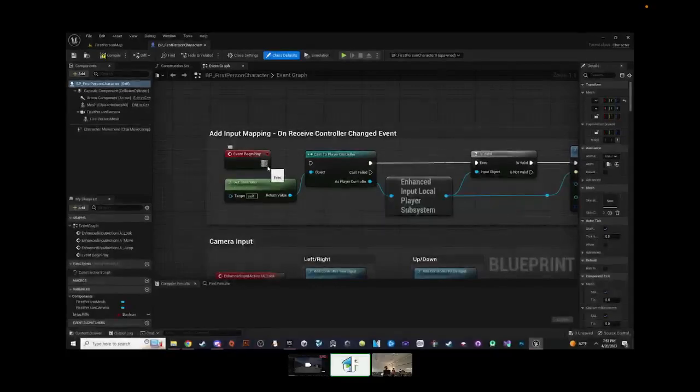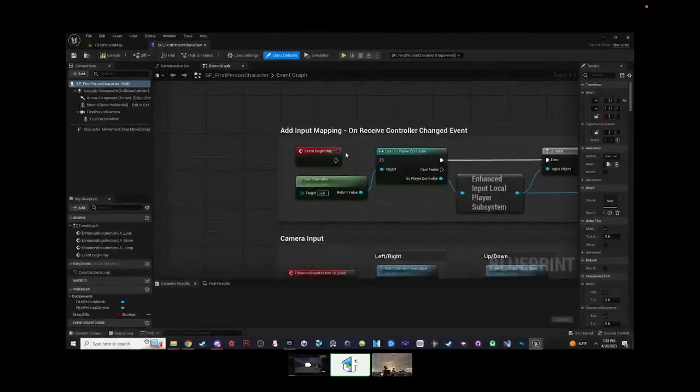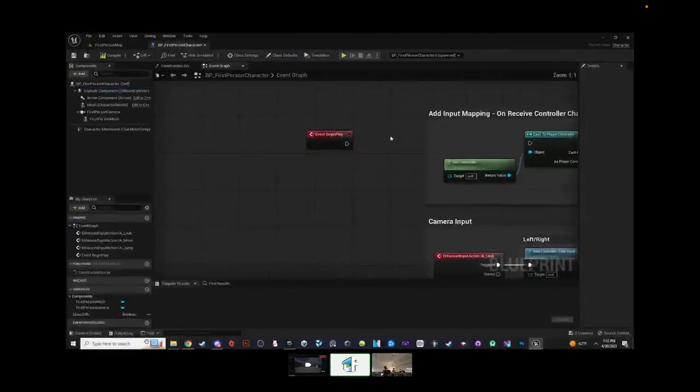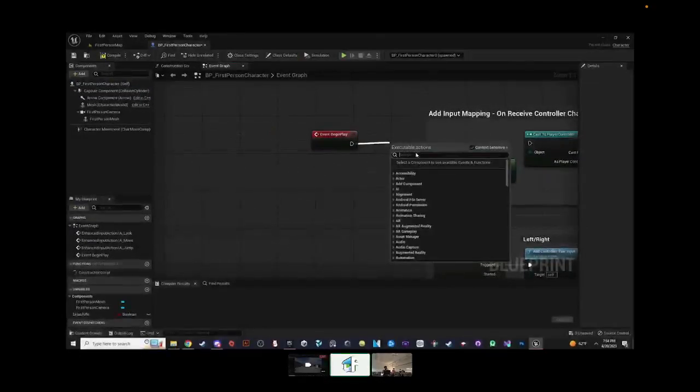Because when you make one, it's going to start as an empty node with an execution pin, and you can plug in here. So let's disconnect this for now and try it. Drag out from Event Begin Play, and if you let go, it shows you a search bar with a lot of options. But we just want to print a string.